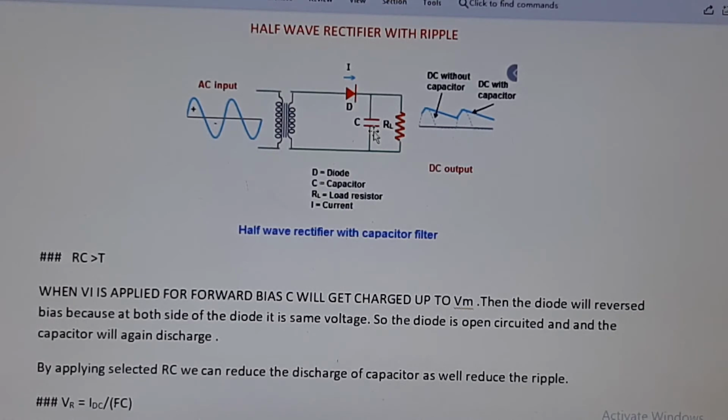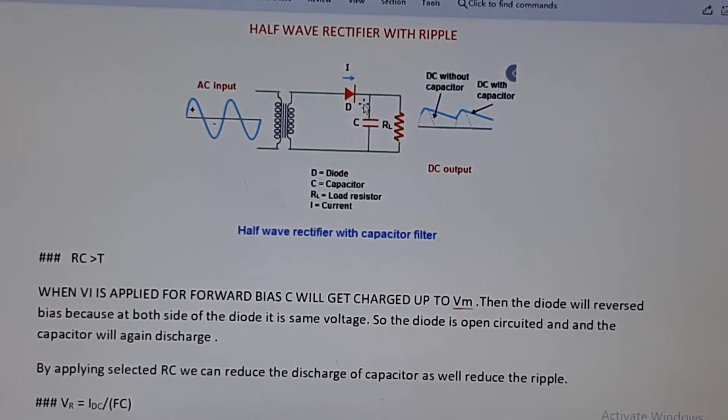And in this period, there will be an output voltage. Now when the voltage is the same in both regions, the capacitor will start discharging through the RL, and the output voltage will start to reduce. We can see that it gets reduced from this to this region, and by the time the capacitor gets completely discharged, we get the positive input voltage again, which creates this output.